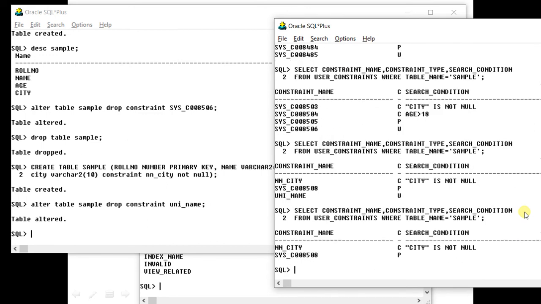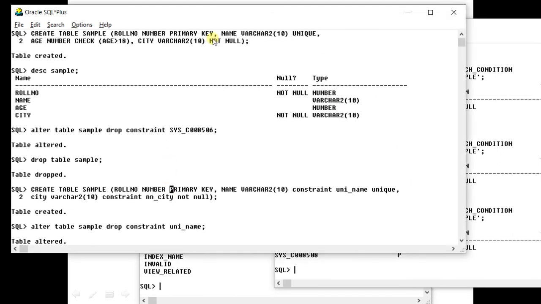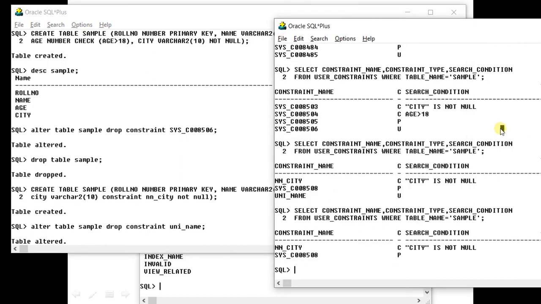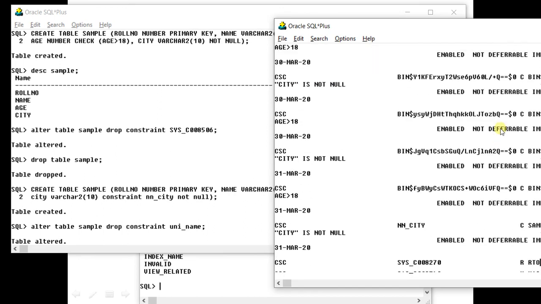So just to recall and revise, you create any table without your own names or with your specified names. Those constraints are recorded in user_constraints. So user_constraints is a data dictionary table. Do not try to do select star from user_constraints, because the output will be complex.